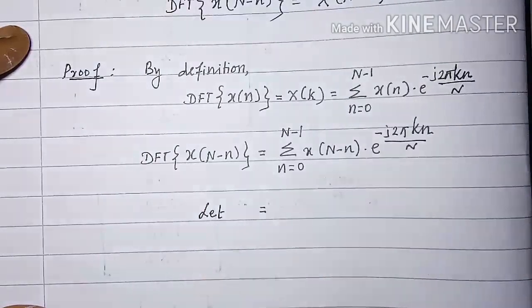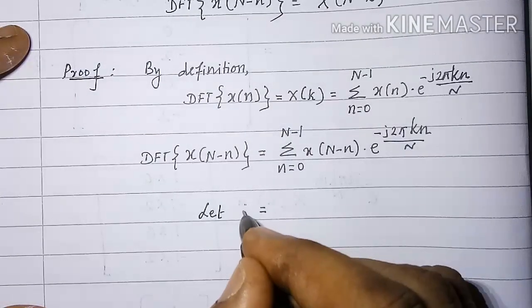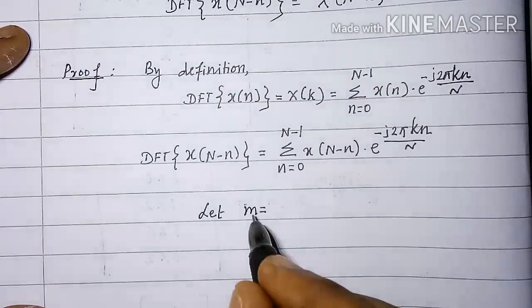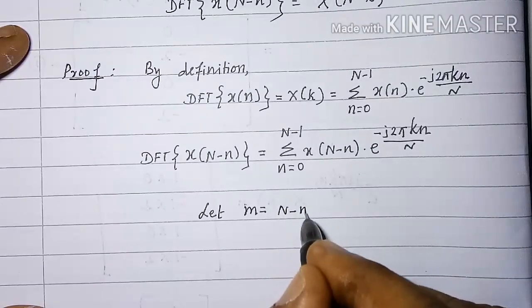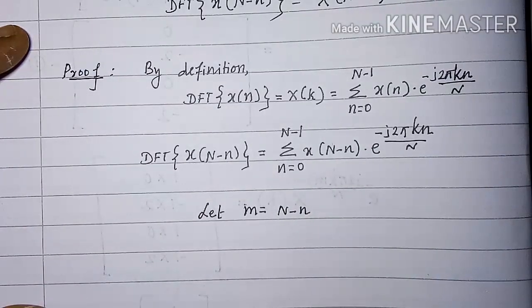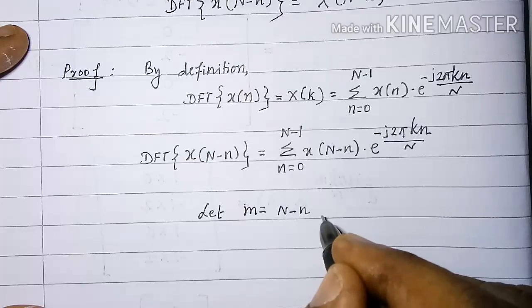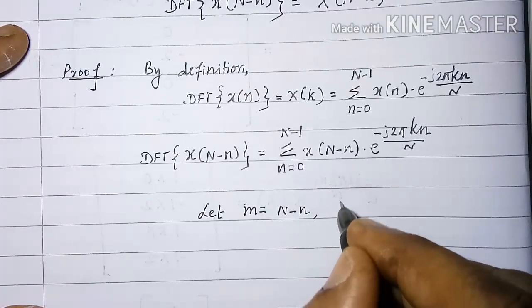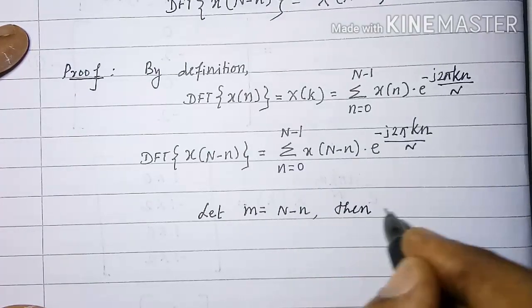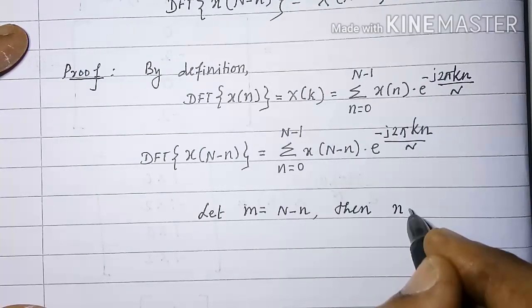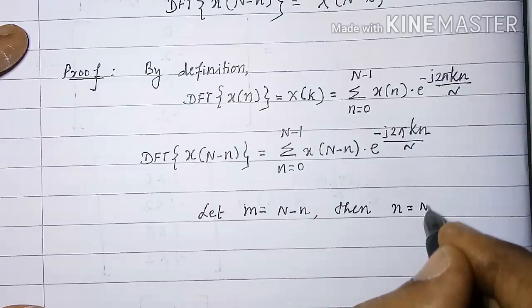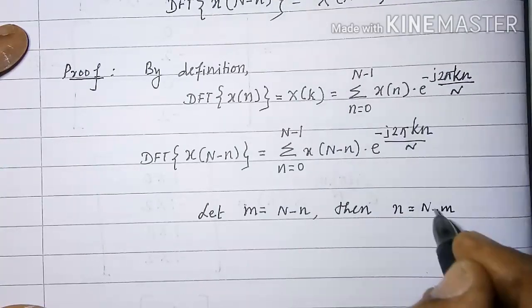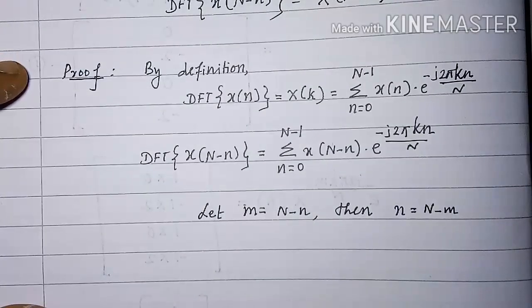Let m be equal to some new variable, capital N minus n. Then small n will be equal to capital N minus small m. We get,